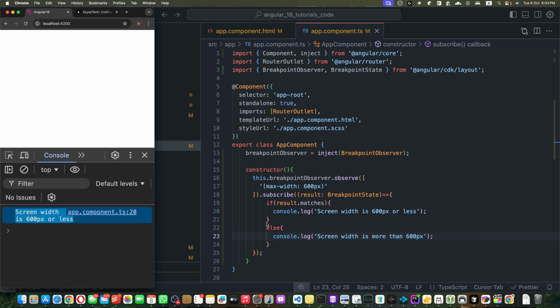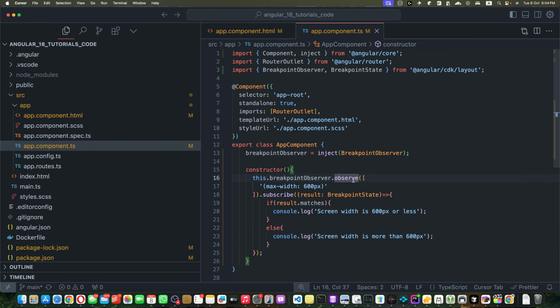But what can you do with this information? Well, once you know the screen size, you can adapt your layout accordingly. For example, you could show a completely different UI for small screens, maybe collapse the sidebar into a menu icon or show fewer items in a grid. And if you want to take it up a notch, you can even add multiple breakpoints. You could create one for small screens, one for tablets, and another for desktops, making sure every user has a great experience no matter their device.